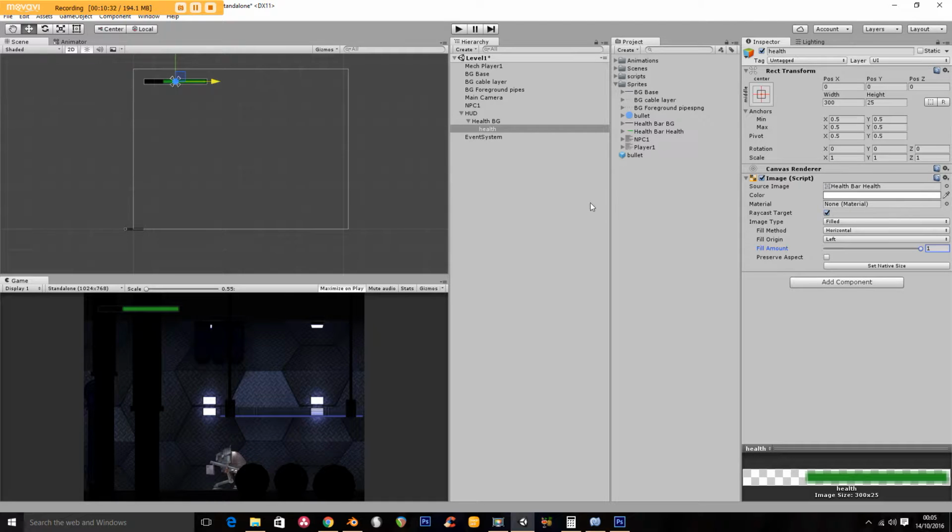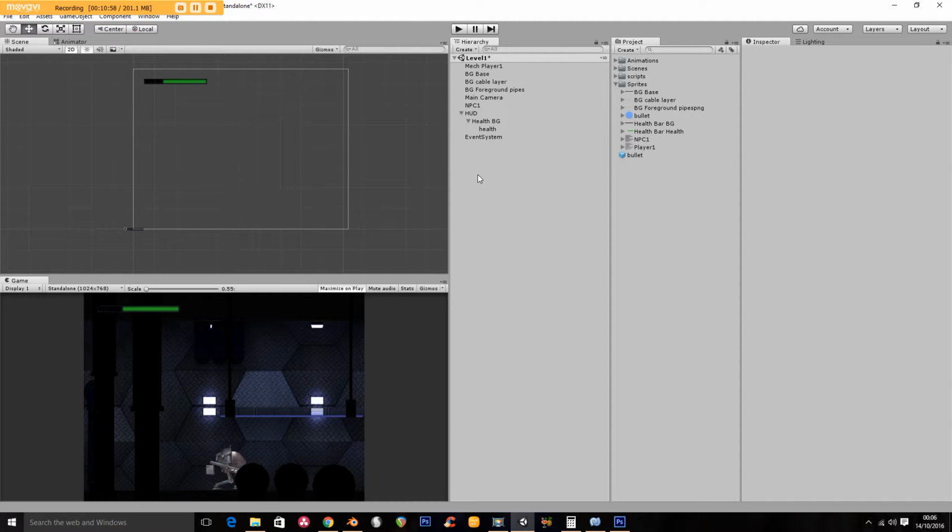So now we need a script that'll help us. We need two scripts. On collision, we need to send a message, and then when we receive the message, or when we run the function that is the message, we need to make the score go down. So let's start with the